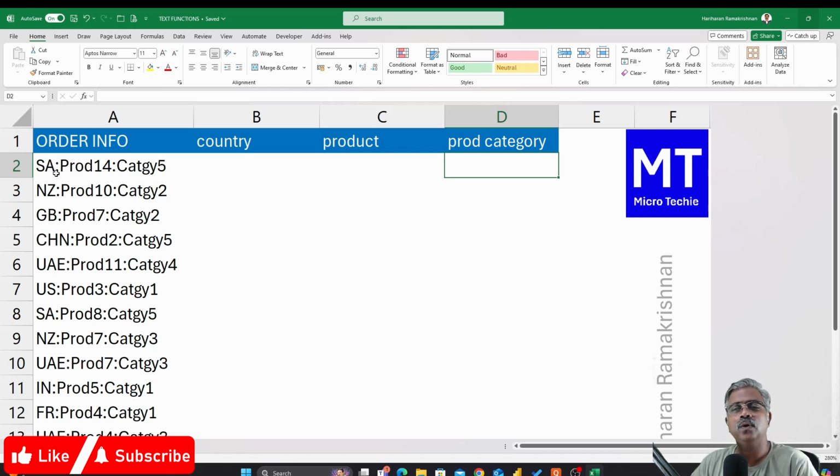The character or text which is splitting your required information is technically called a delimiter. We'll be using this terminology very often in this video, so you should know what a delimiter is. A delimiter is nothing but the character or the text which is present in between your required text, the one which is splitting your text. Here, colon is the delimiter for us. So the country I have to extract and put in the country column, and the product has to be extracted and given in the product column,